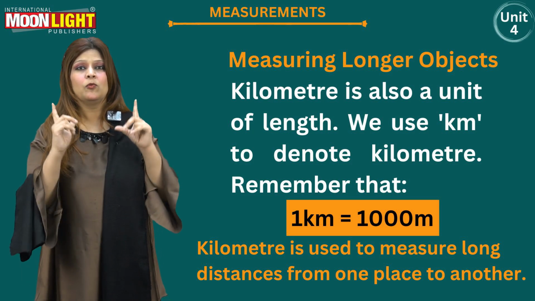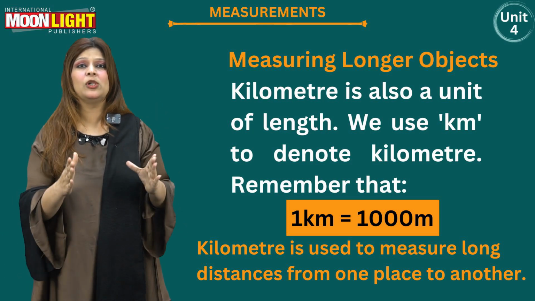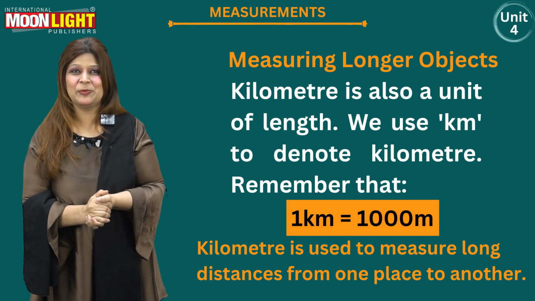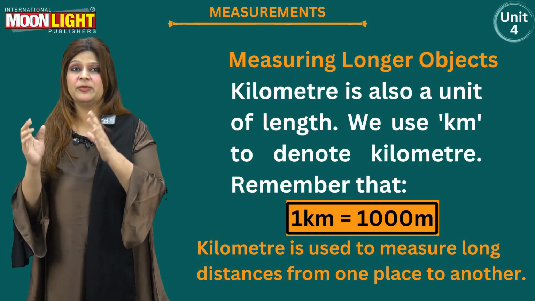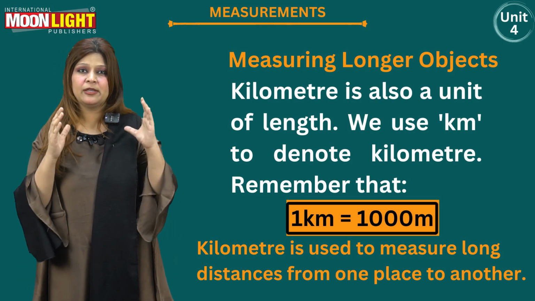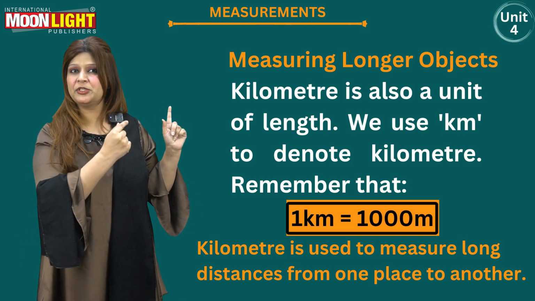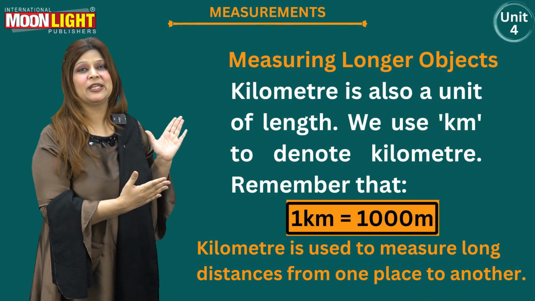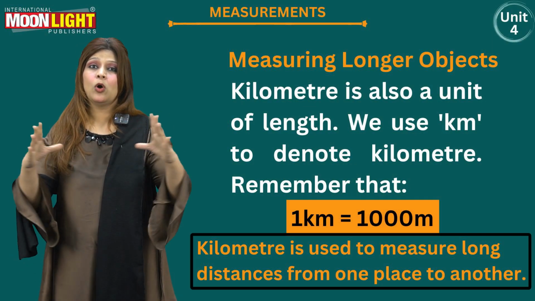Remember that. Very interesting fact. You need to remember it because this is a rule which is not going to be changed anymore. So this is 1 kilometer is equals to 1000 meter. यानी 1 किलोमीटर के अंदर, क्योंकि ये किलोमीटर है तो इसके अंदर क्या होगा? मीटर होंगे, ठीक है। 1 किलोमीटर के अंदर 1000 मीटर होते हैं। किलोमीटर इज यूज्ड टू मेजर लॉन्ग डिस्टेंस। जैसे